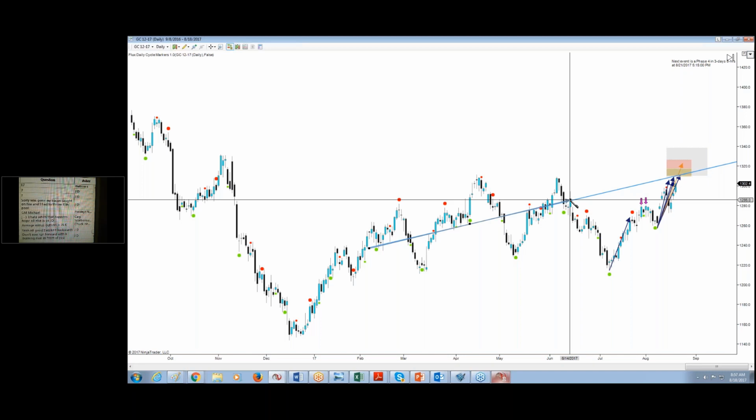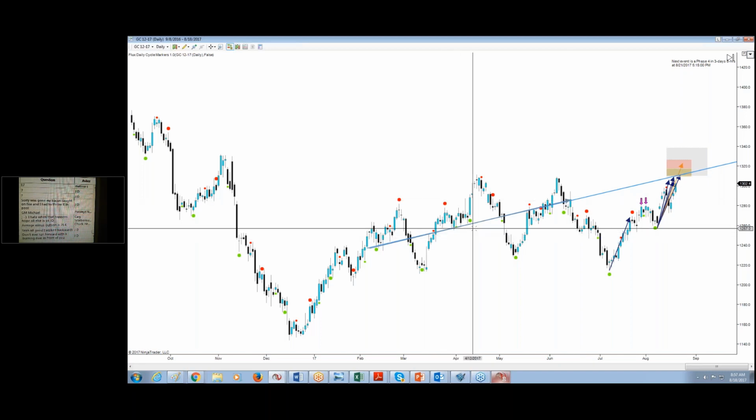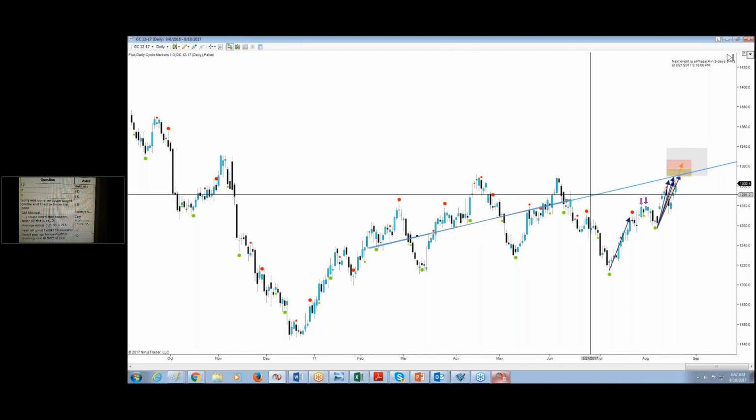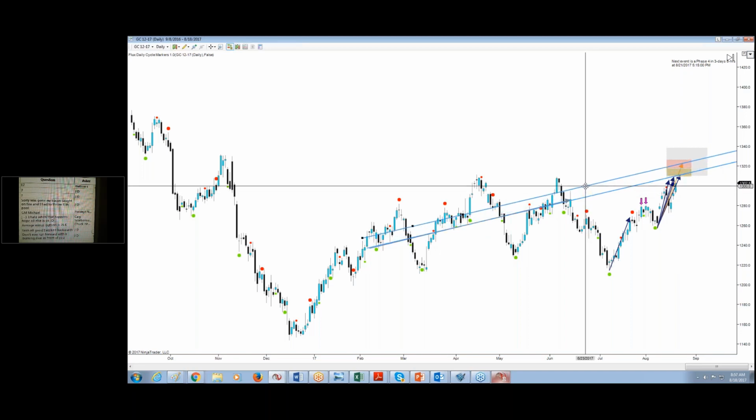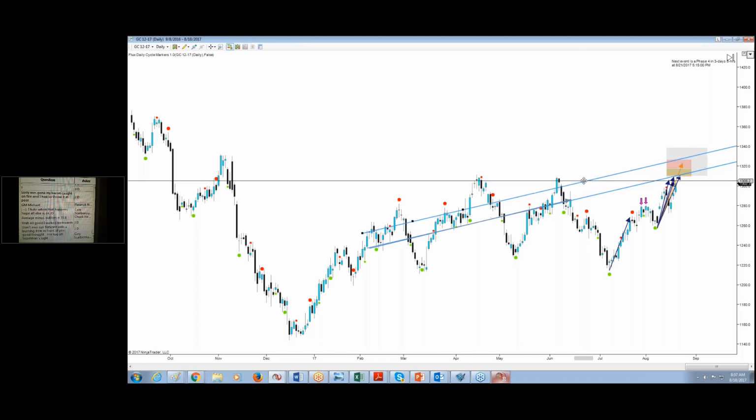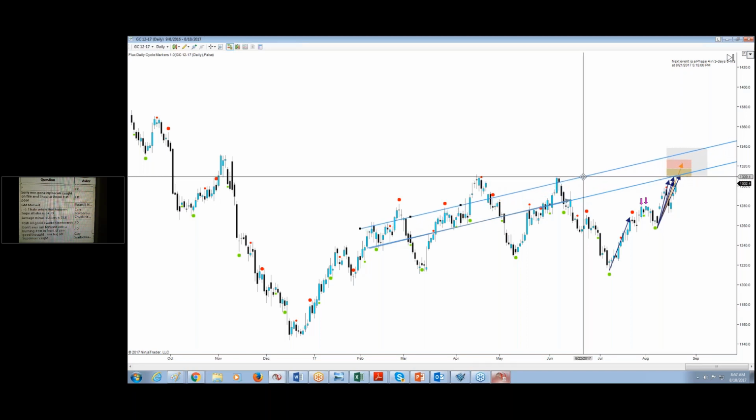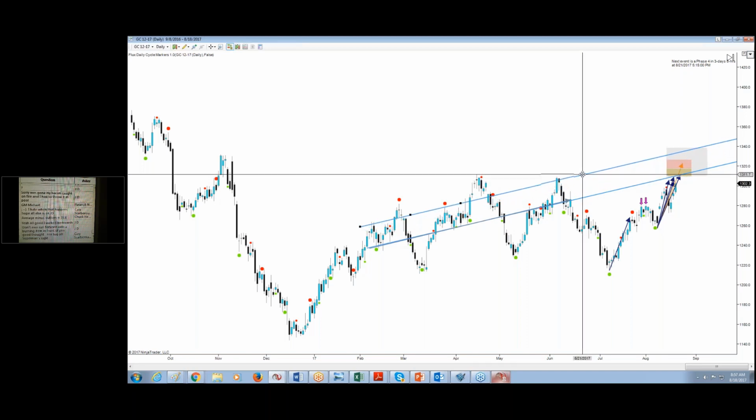Okay, so the first one is here. The second one, I'm just going to copy paste and watch. If I push it up, Chuck, if I push it up slightly higher, you'll notice that it starts to contain a bunch of other highs and lows. So Chuck, like right here,